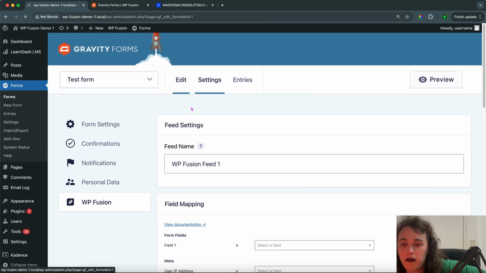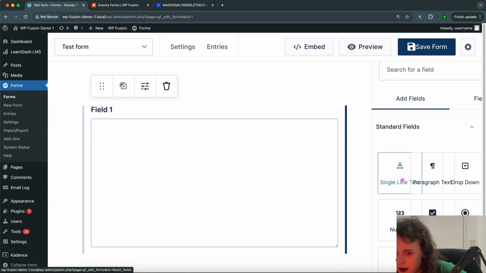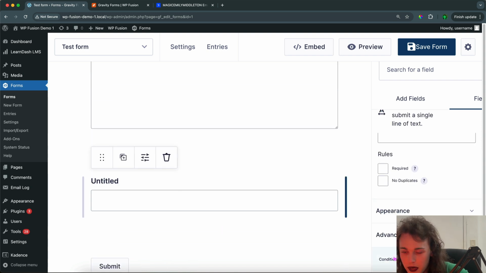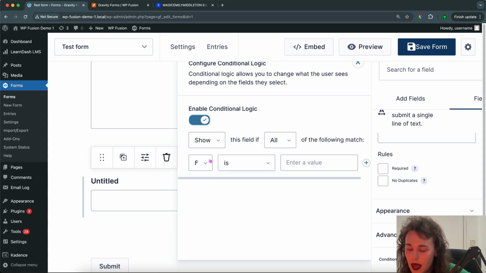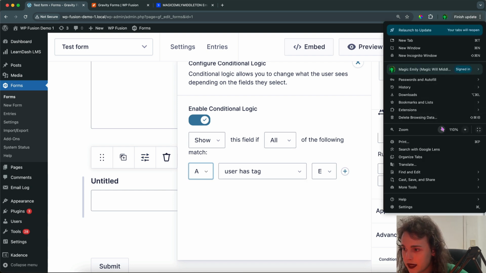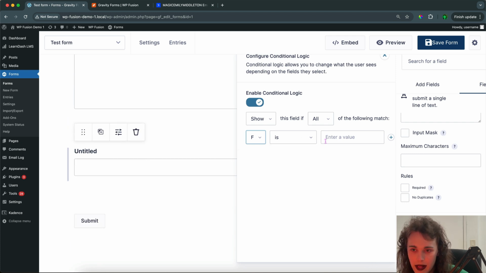So when we're building our forms in Gravity Forms, there's the option for conditional logic here at the bottom. So let me add a field that supports conditional logic. So if I add a single line text field, I want to enable conditional logic for this field. I can say show the field if ActiveCampaign tag. So my screen is a little bit crowded. My text size is a little large, but we can say if field 1 which is this one right here, is a certain value. So if field 1 is,